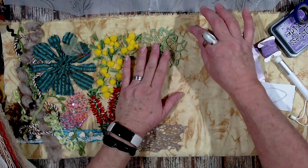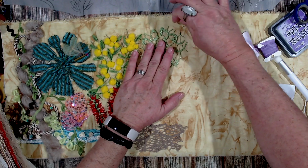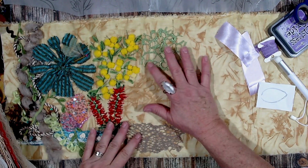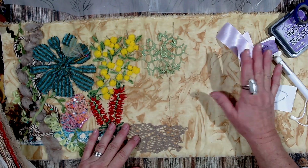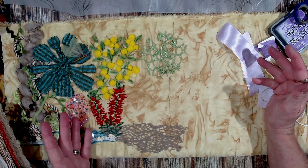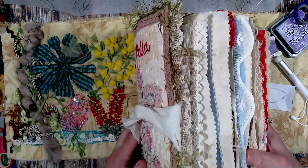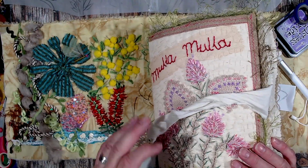Today I'm going to do another flower on my Husswif or my needle roll, and today I'm going to do the purple or the violet fringed lily, or the fringed lily, yeah. Now I'm going to do it very similar to the one that I did in my